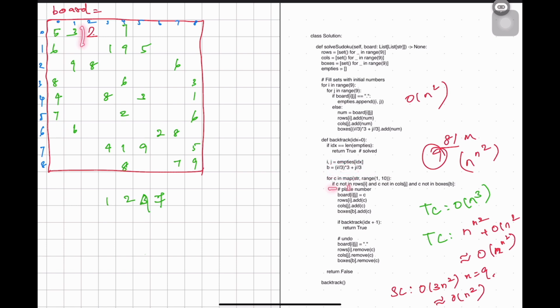So for each of the 9 values, if it was already present in rows of that particular index, calls of that particular index or boxes, then you can't place that number. So then you will go for the next number. Like that we'll be filling, then searching for the next cells. By this we'll be solving the whole Sudoku.